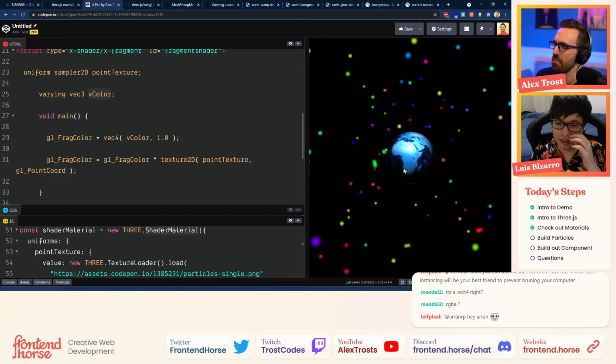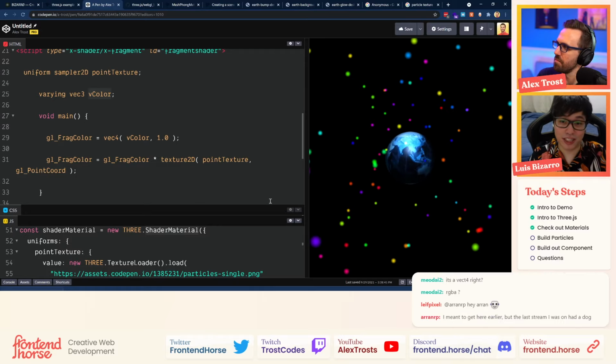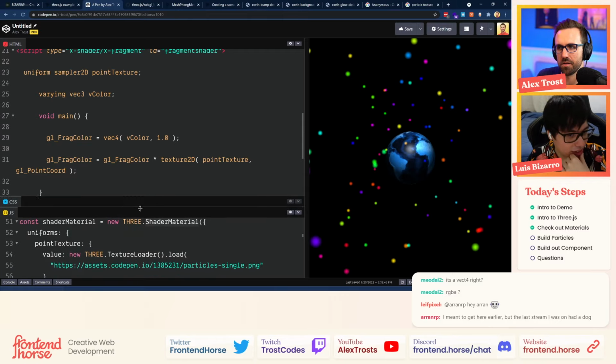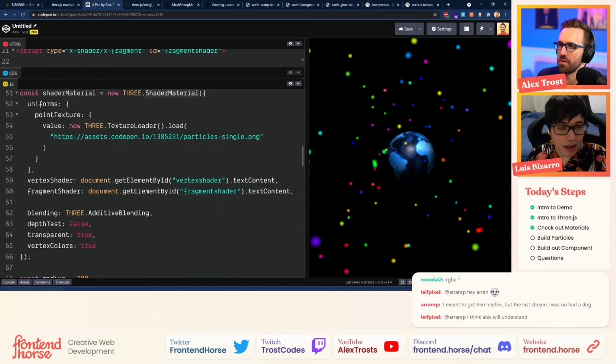So in case we change the particles to be the gold color that we had, that would be the same across all of them. Then we are passing that to the fragment shader, which is responsible for creating these different particles that we have in the galaxy right now. Got it. Just a funny trick that we can do.